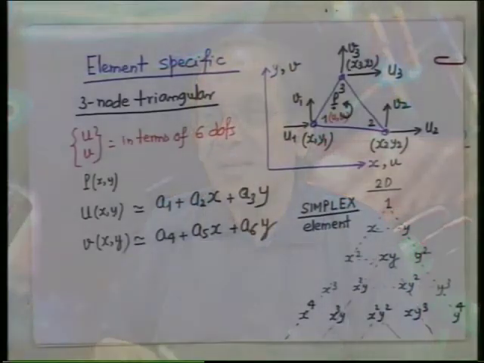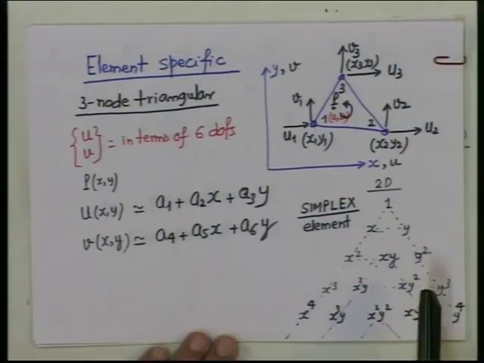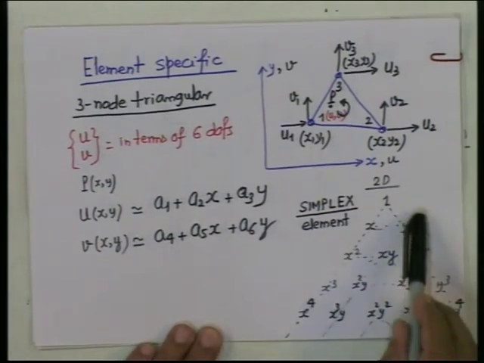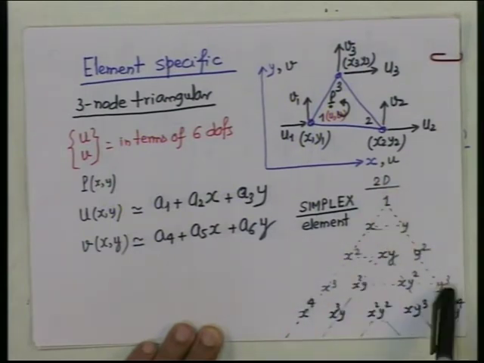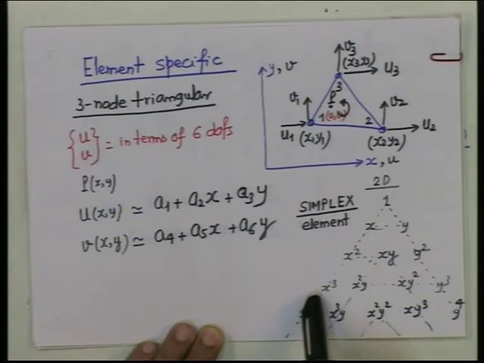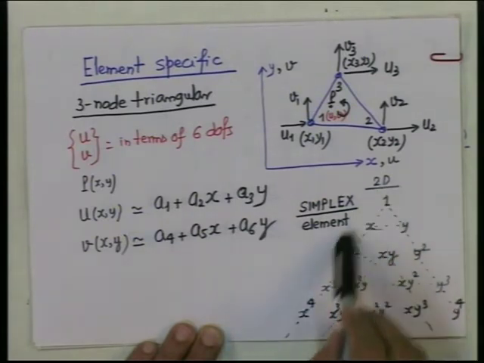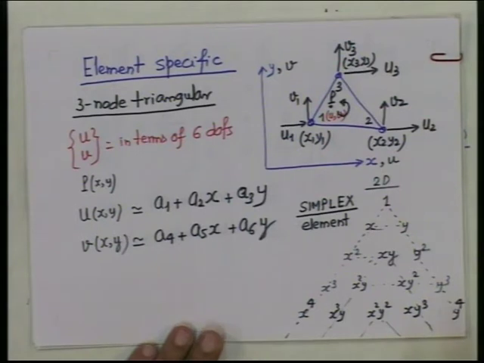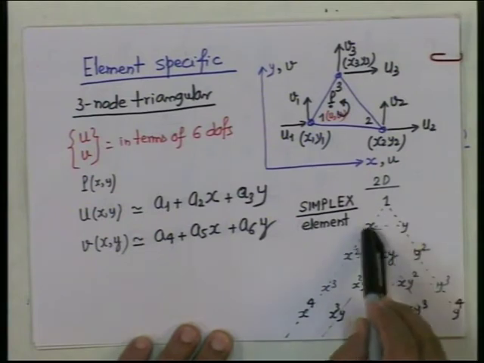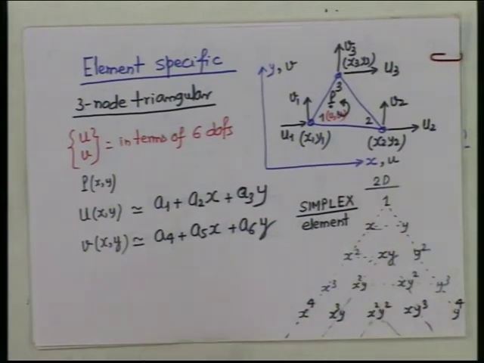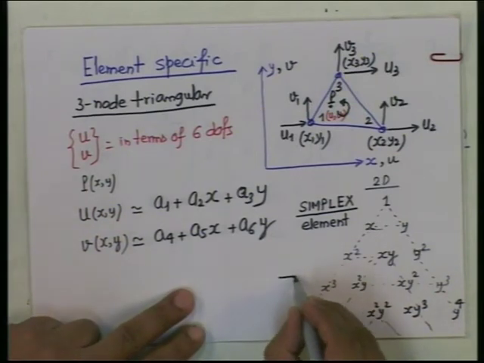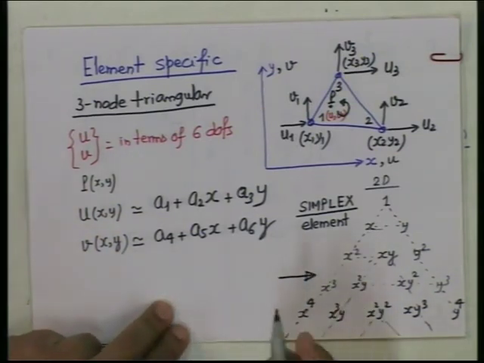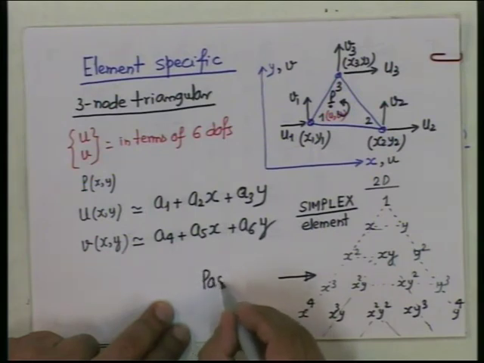Incidentally, this diagram tells you how many terms you should include. If you want a quadratic element, then you must include all these terms up to here. Cubic element means, in a triangular shape, you should include all these terms. Quartic element means you should include all the terms up to here. Do not neglect any term, keep it complete. So far we are only here, simplex, it cannot be simpler than this. This diagram was given by a mechanician, Pascal, so it is called the Pascal triangle.